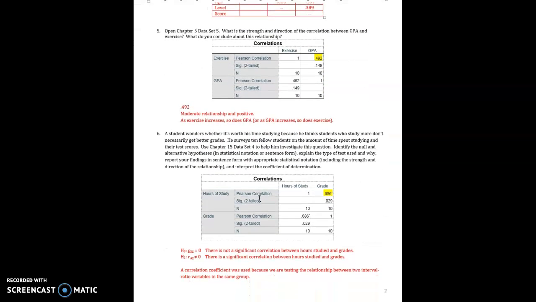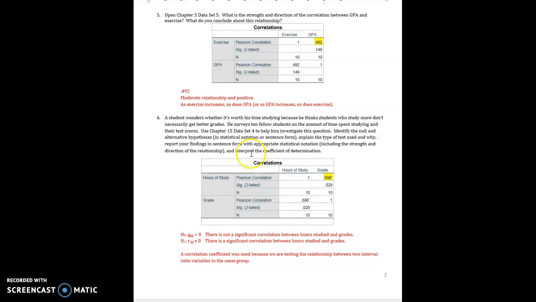Okay, moving on to number 5. This one is asking what's the strength and direction of the correlation between GPA and exercise, and what can you conclude about this relationship? So first, looking at the SPSS output, remember to look first for the actual R value, which is listed in the row for Pearson correlation. We see the correlation between GPA and exercise is